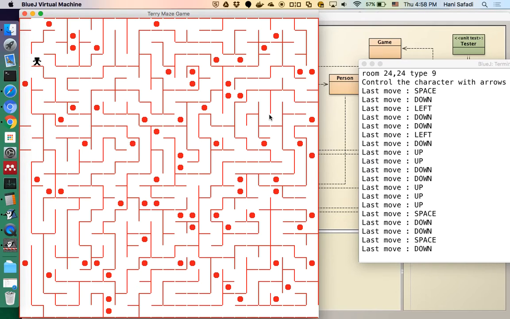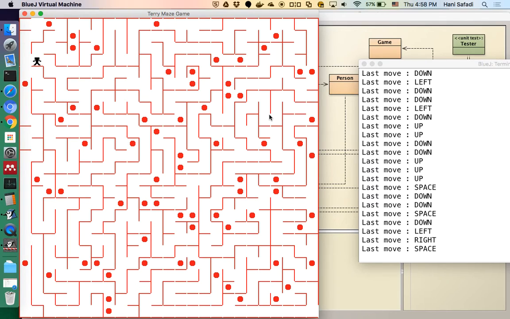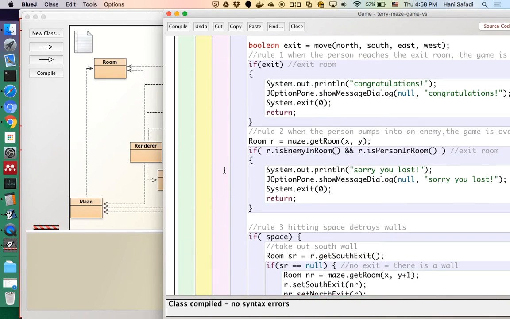X, I think you're right. Did I do X and Y? No, X and Y plus 1. So when I'm hitting space, it's taking out two walls. Okay. So there's still something going on in here. I'm not sure what's going on. When you hit space,